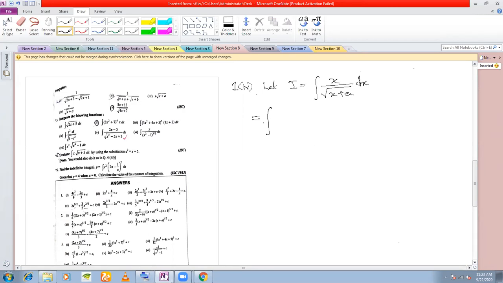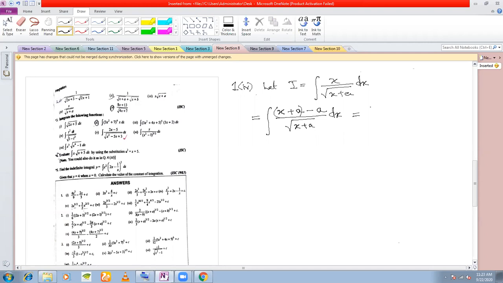In the denominator you see an x plus a, right? So what you do is you try to write the numerator as x plus a, right? But the numerator has only x, so I've added this a extra. That means I need to subtract this a also, right? Yes, sir. You can put these two within brackets, x plus a.